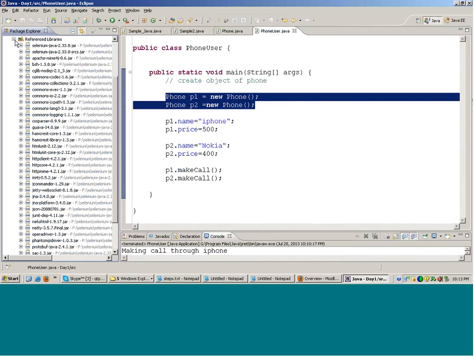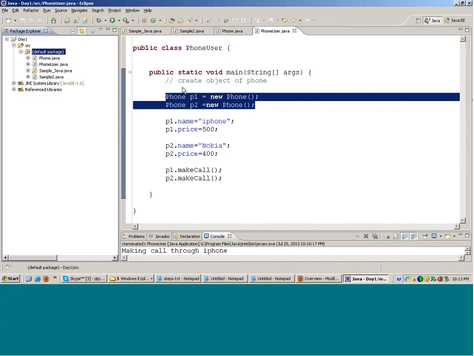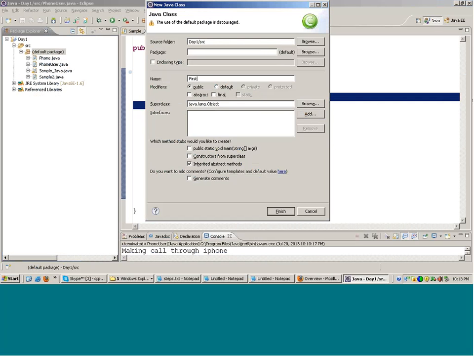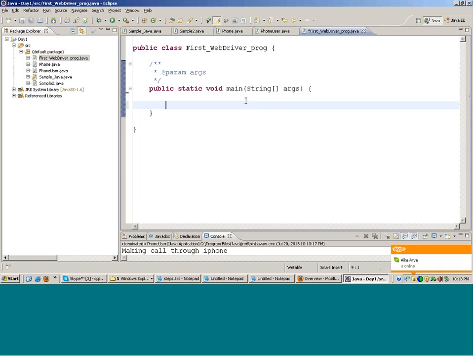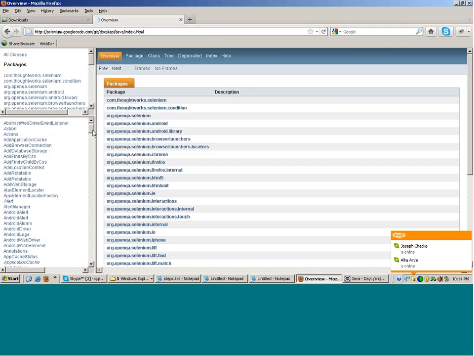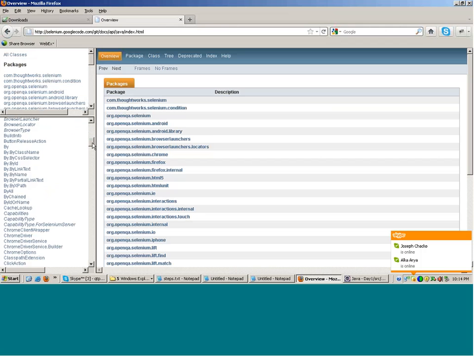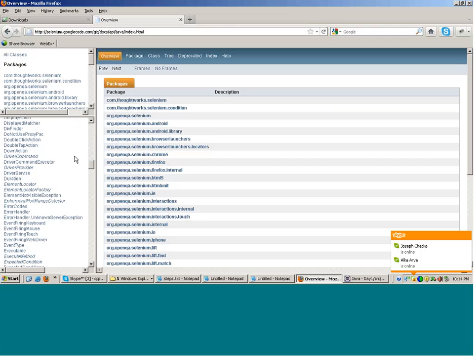Okay, I'll show you. Let me create a new class known as first WebDriver program with the main function. Okay, let's start with a simple class in this set of classes. Look, not everybody knows about all these classes. It is on demand, right? Suppose you are trying to do something you're not able to do, you can have a look at this API,